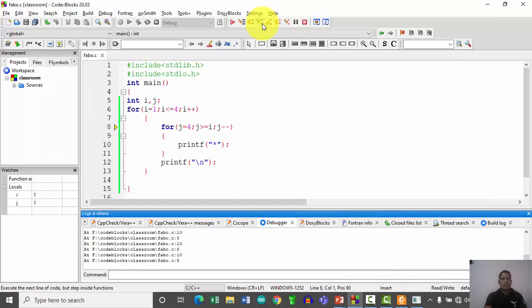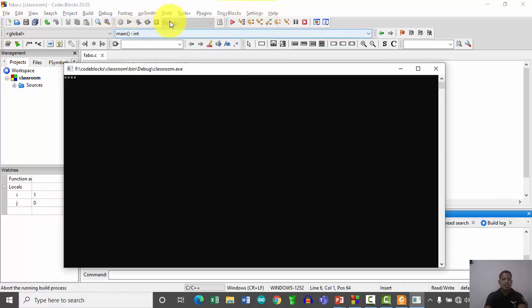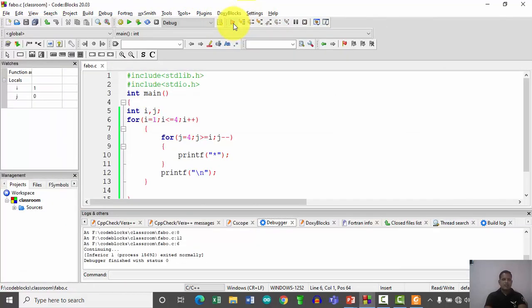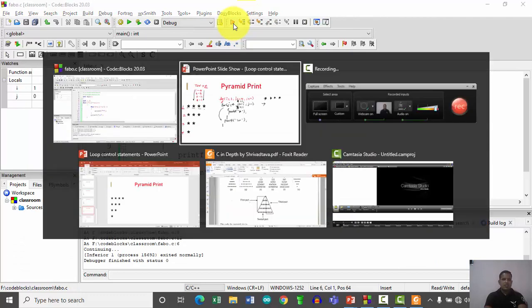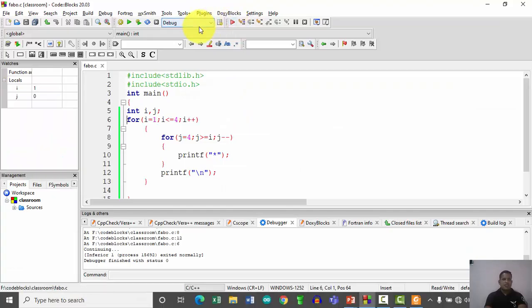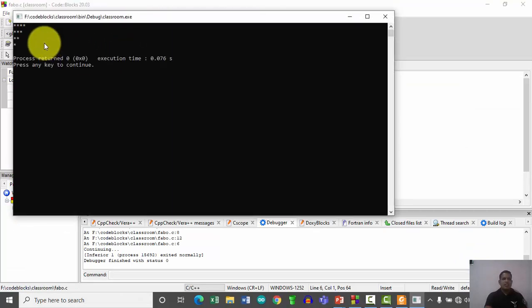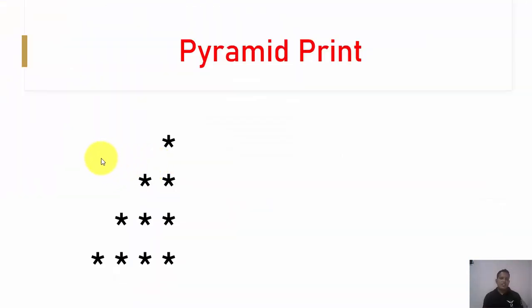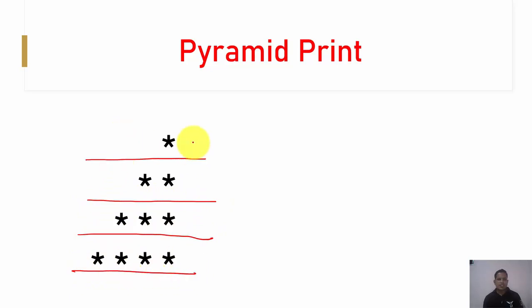So at line number 1 I get 4 characters. Now the line has ended and my cursor moves to the next line. When I run it, the output that I get is simple: 4, 3, 2 and 1. In this way these characters are printed. Let us now consider the next pattern. I want to print this. To better understand the logic, I am going to divide this pattern into rows and columns.